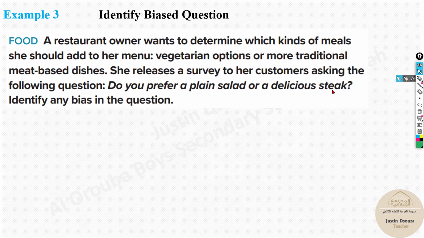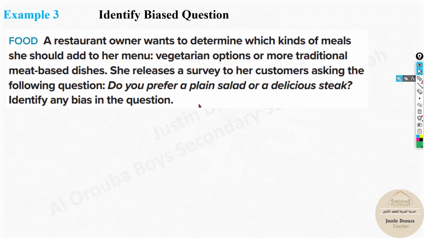It should be neutral. So if they like steak, they'll choose steak. If they don't like steak, maybe there should be more vegetarian dishes, they might go to vegetarian dishes. So that must be the question. But over here, you can see in the question itself, this is having more bias. And so when most of the readers read this, they would go for steak. Whoever is a non-veg eater, they would go for a steak rather than for a vegetable dish, right? So that's the thing. Only vegetarians might have chosen this one. There is more emphasis on the steak saying it's delicious and everything, whereas salad